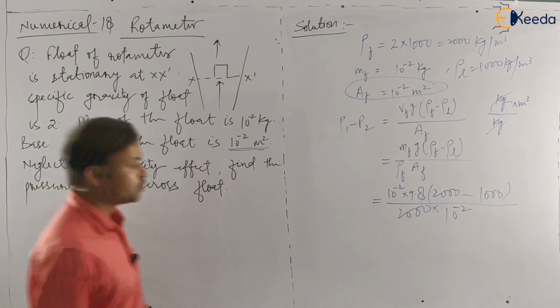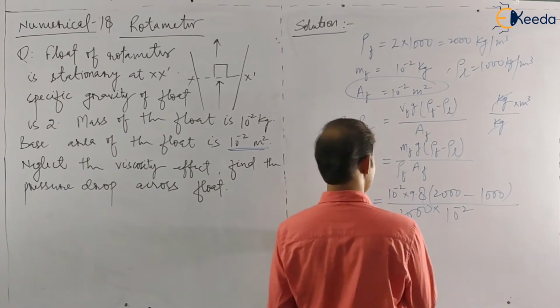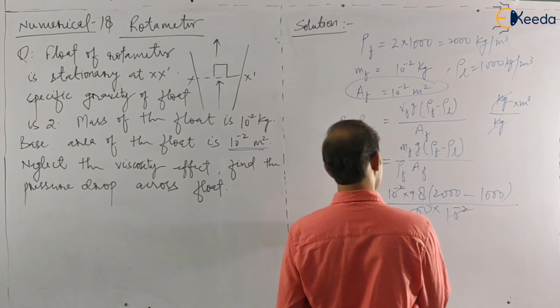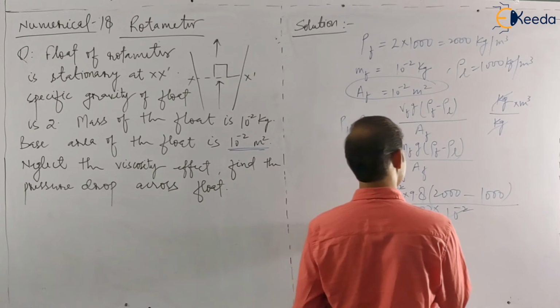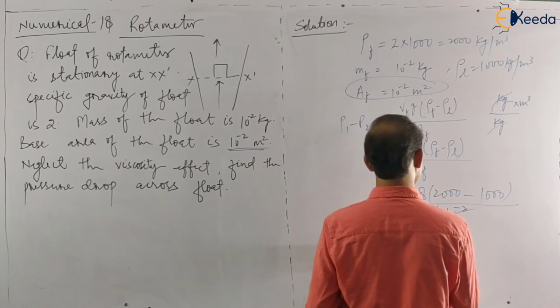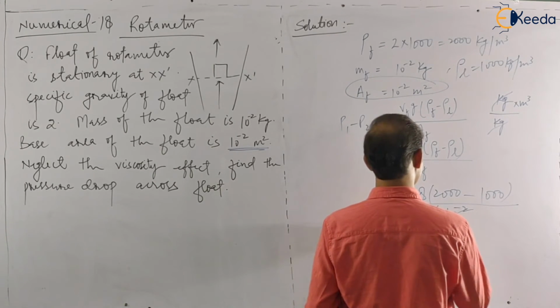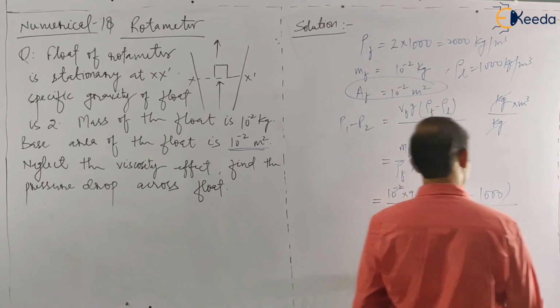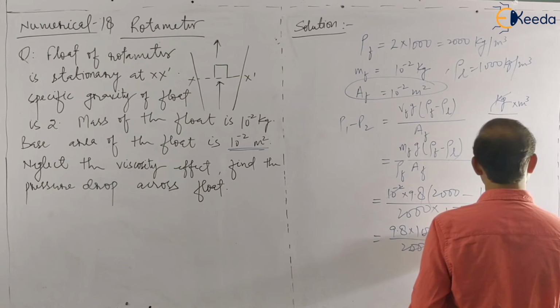Right. So let us solve this. 10 to the power minus 2 and 10 to the power minus 2 will be cancelled with each other. 9.8 into 1000 divided by 2000. So it will be 9.8 divided by 2. So it will be 4.9